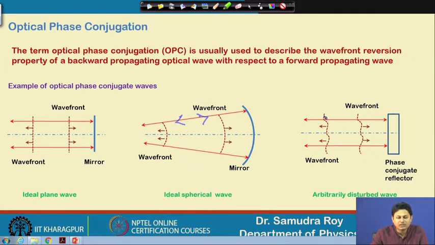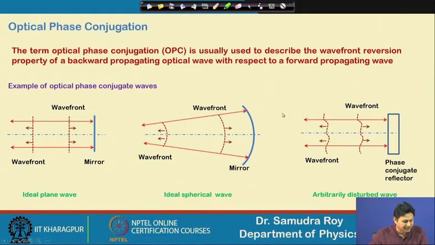So, how by using four-wave mixing we can generate this kind of reflector, we are going to study today. Also we will find that this kind of reflector not only reflects the light under some sort of phase conjugation, it also has amplification properties. So, reflected light can be amplified also. This can only happen if the system behaves in a nonlinear fashion. So, nonlinear optics is directly related to this kind of phenomenon. Let us discuss what really happens and what is the physics behind that.